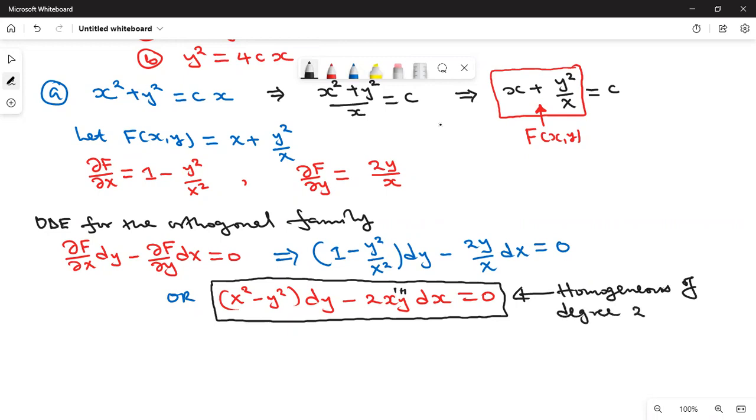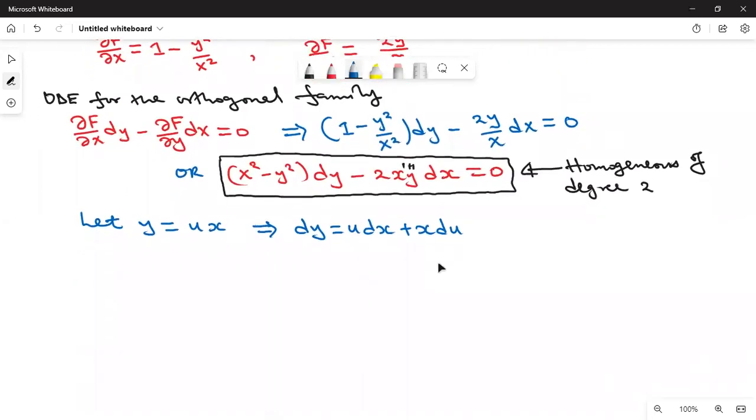Now, how do we solve a homogeneous ODE? We make these substitutions. We say let y be equal to u times x, so that when you differentiate, you're going to get dy is equal to u dx plus x du. That is product rule. Now, let's substitute those values there, simply y and the dy in the ODE, so that when you substitute,